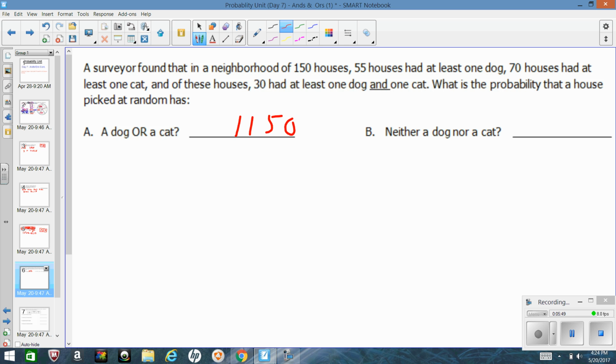So we know we have 150 houses. So we want a dog or a cat. So we find how many houses have a dog, which would be 55. Find how many houses have a cat, which is 70. Subtract how many houses have both of them, which is 30. If we take 55 plus 70, subtract 30, that would give us